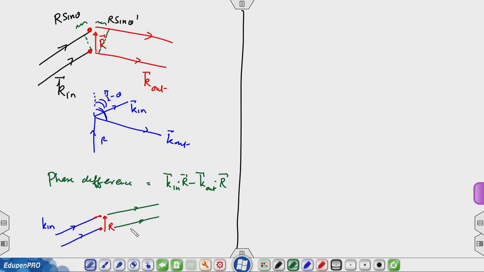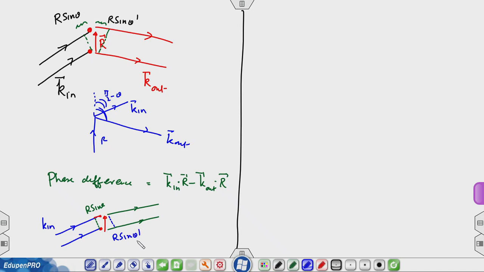Then I am going to erase this r so that I can complete the line. Then you notice that the difference comes out here as r sin theta and out here as r sin theta prime,